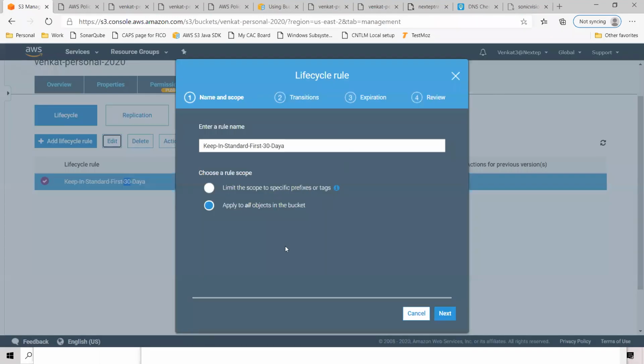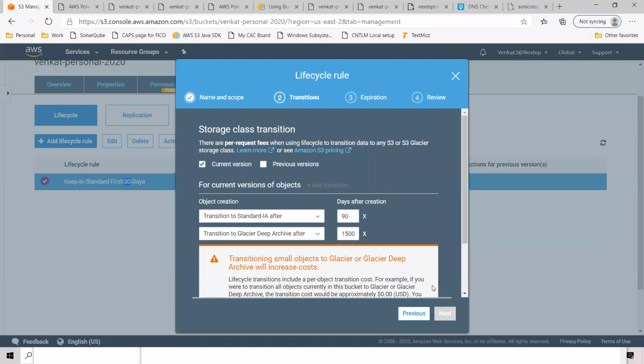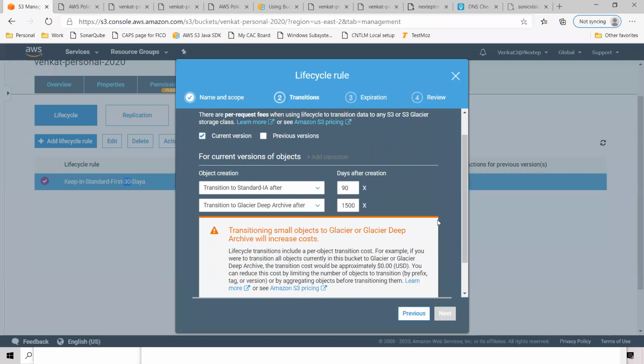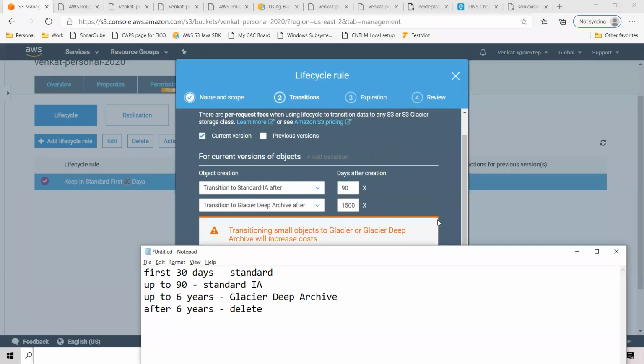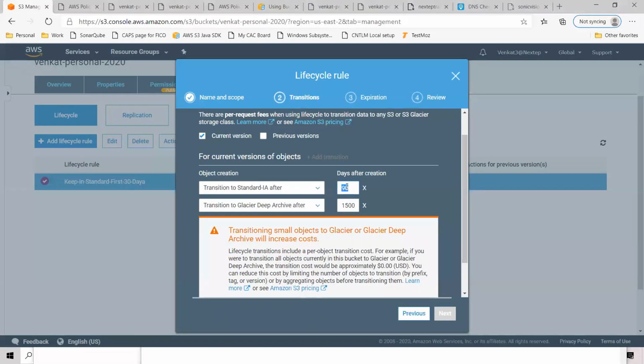You can go edit. See this one. You're transitioning, keeping it in standard for 30 days. Actually, is this correct? Up to 90 days, right? Transition to standard IA after 30 days.